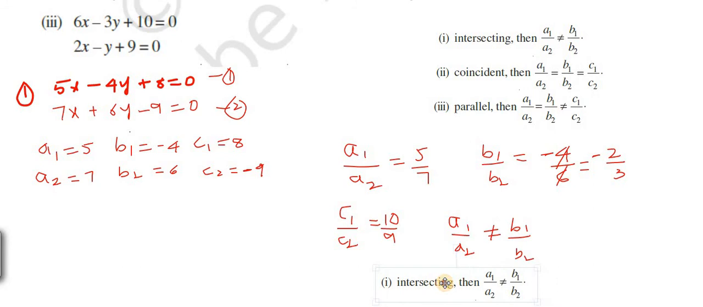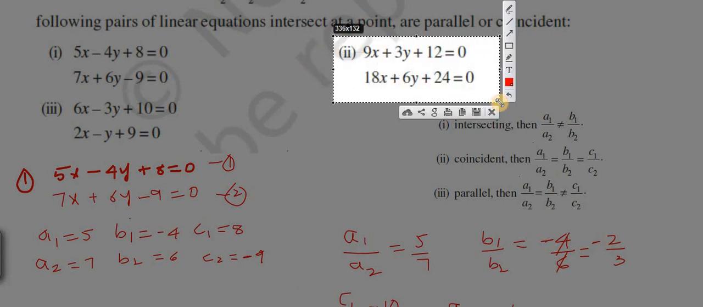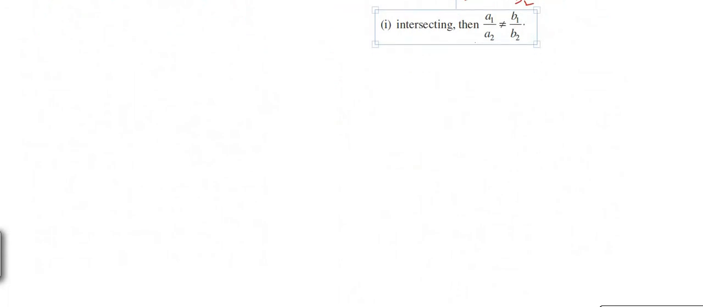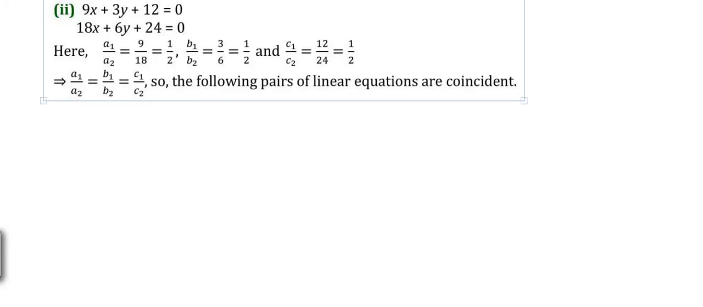Write this first condition. Similarly, find the next. So the second one. Here also you'll find a1, b1, c1 and a2, b2, c2. Now here 9x plus 3y plus 12 is equal to 0, and in this a1 by a2 is equal